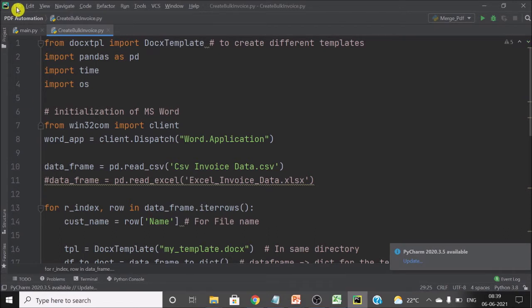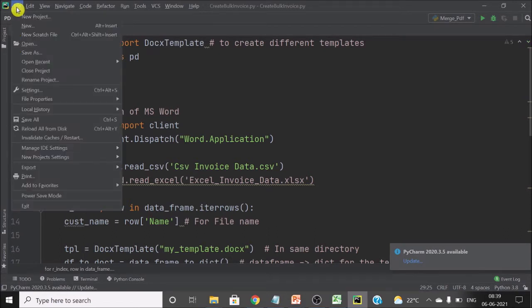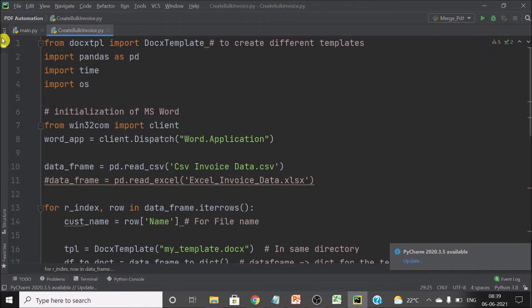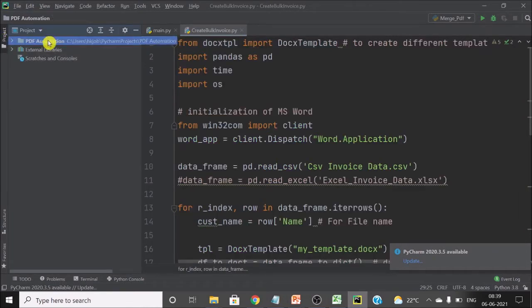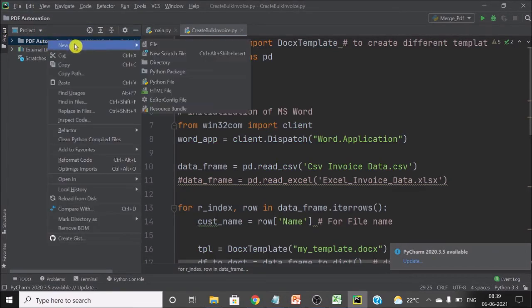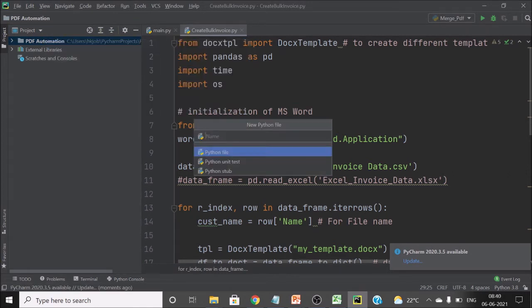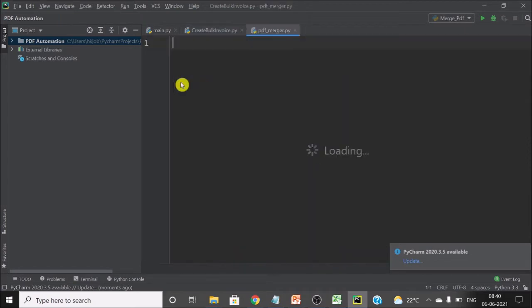Now let's add a new file to the same project. Name it as PDF merger.